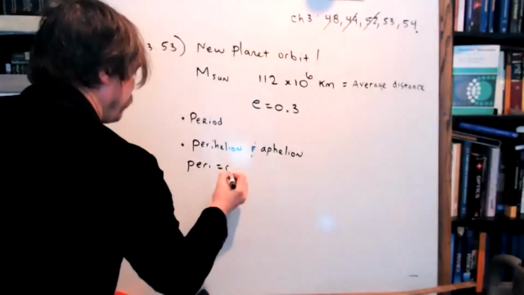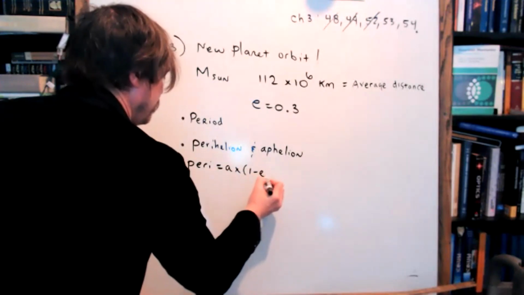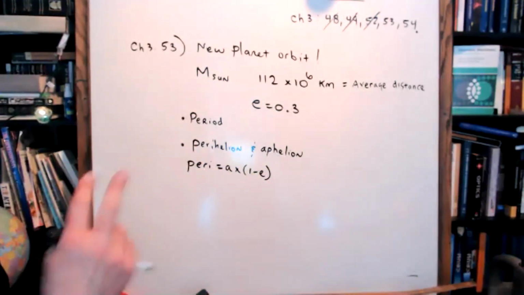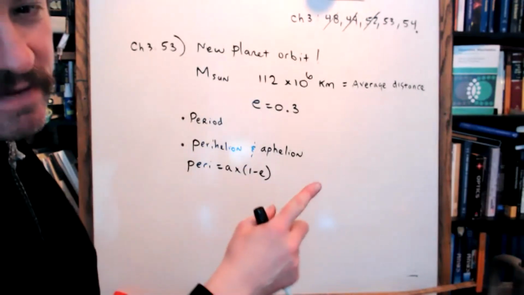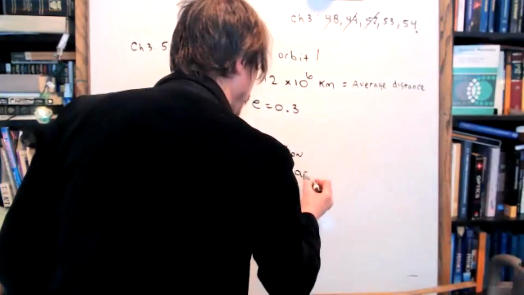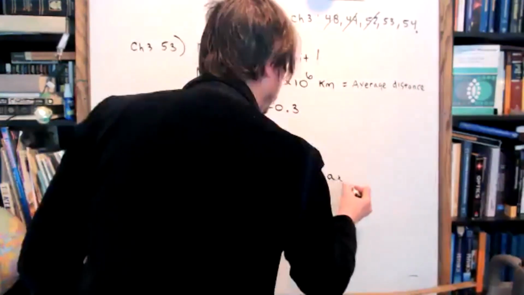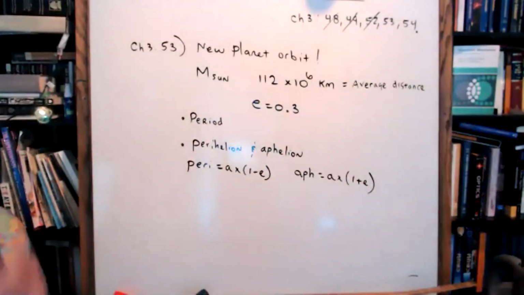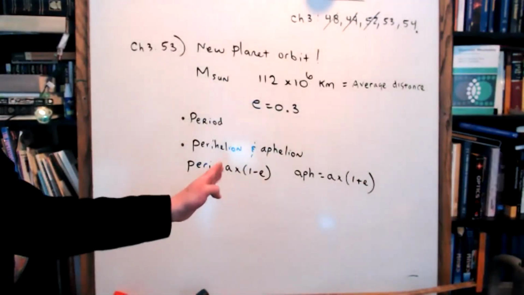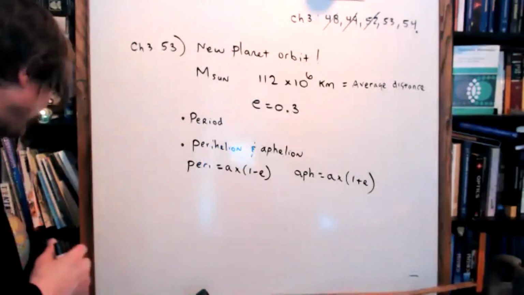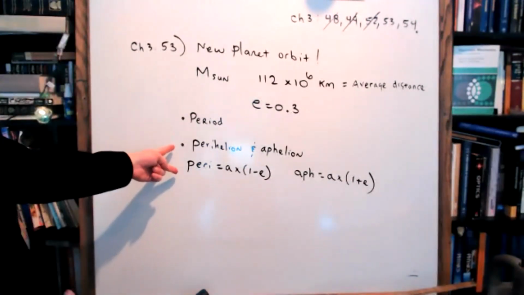Very good. That's the formula we're going to need for the perihelion. But let's keep our powder dry. Kim, let's keep that in our back pockets. And what's the aphelion equation? A times 1 plus E. And Kim, the reason why I don't want to tackle that just yet, I can't explain it, but I will in a moment. I want to do something first, but I can't spoil the surprise. Okay, but that's good for perihelion and aphelion, Kim.